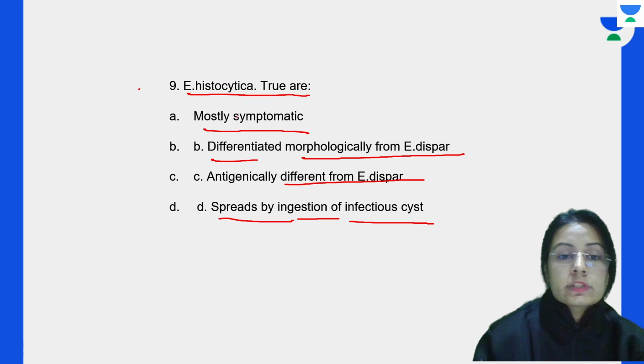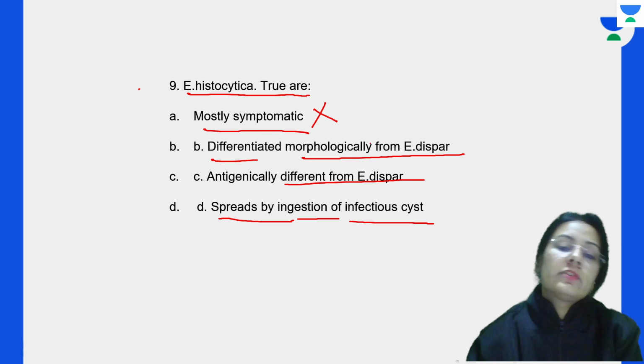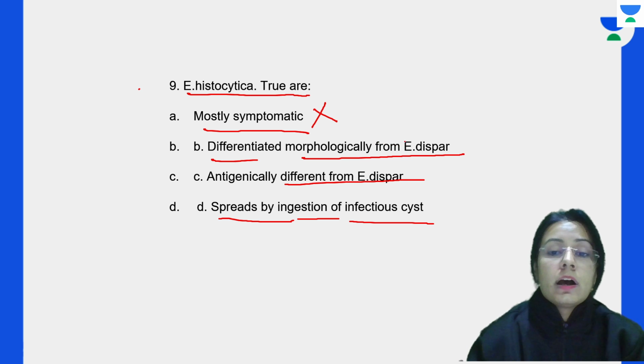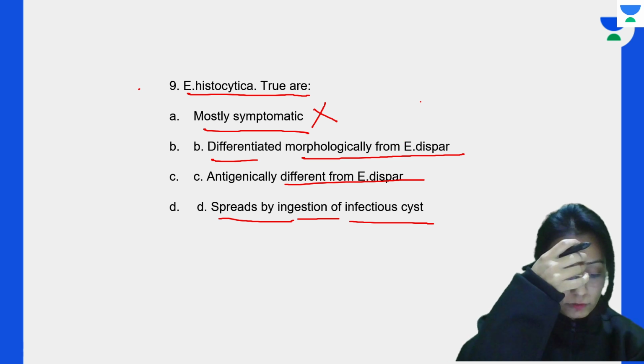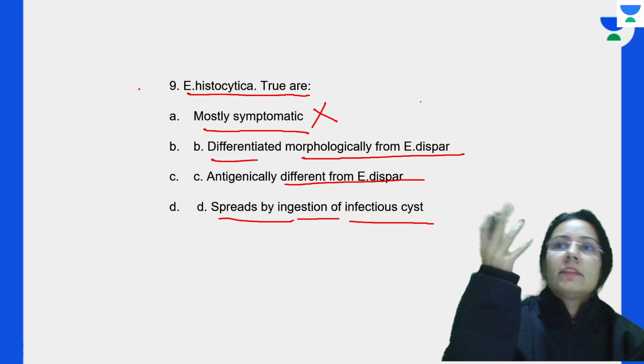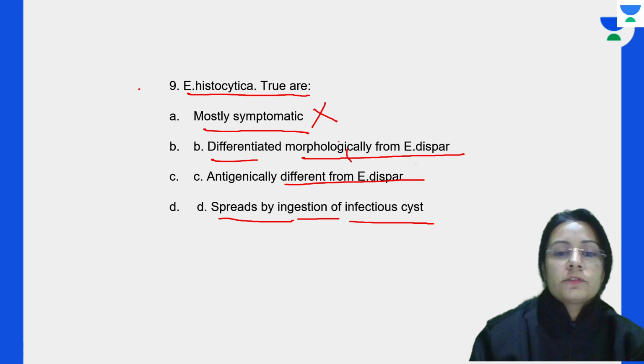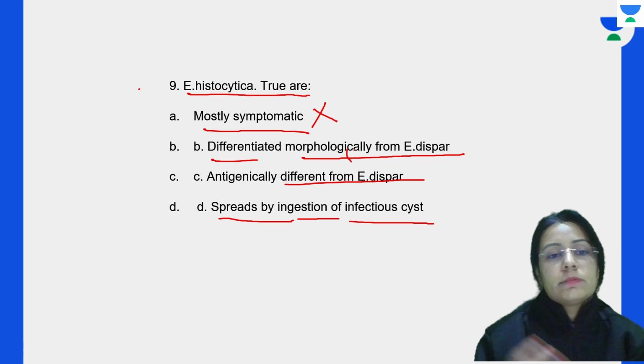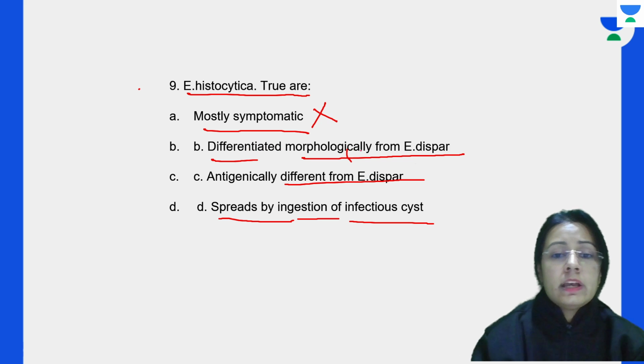Now, saying they are mostly symptomatic is a false statement. They cannot be differentiated morphologically from the non-pathogenic ones, but they can be differentiated on the basis of the lectin, PCR and the presence of RBCs, but not morphologically. They are similar, Entamoeba histolytica and other non-pathogenic species, so they cannot be differentiated